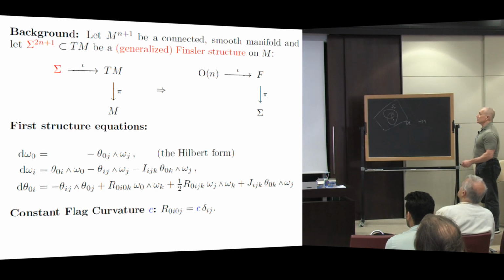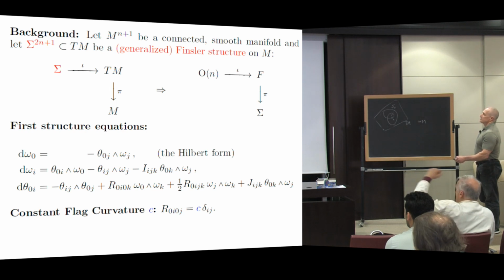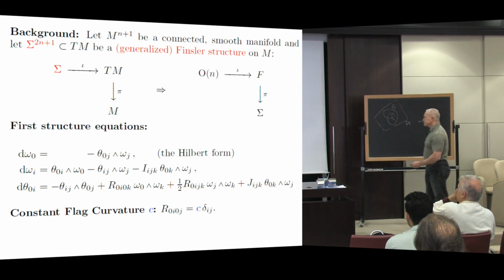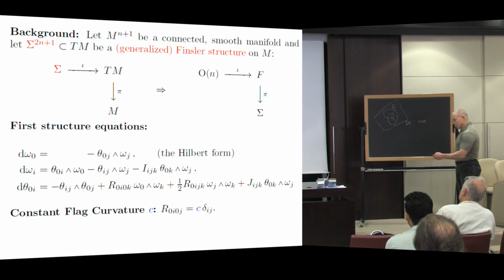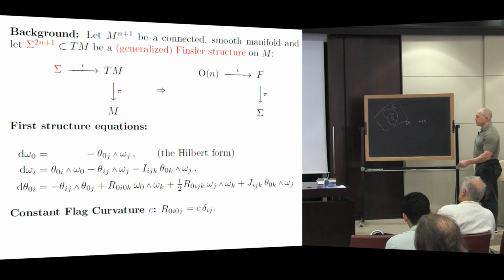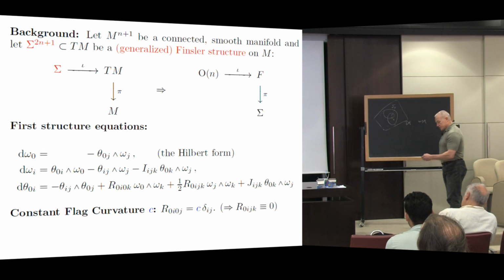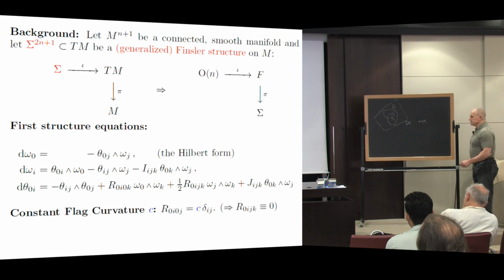But when n is bigger than 1, it's more equations than there are unknowns, because basically sigma being a hypersurface in the tangent bundle, it's one function of 2n plus 1 variables to determine sigma. Now, these equations have an immediate consequence if you just plug them in and then differentiate these equations. One of the things that you get right away is that it forces the R_0ijk to be 0,